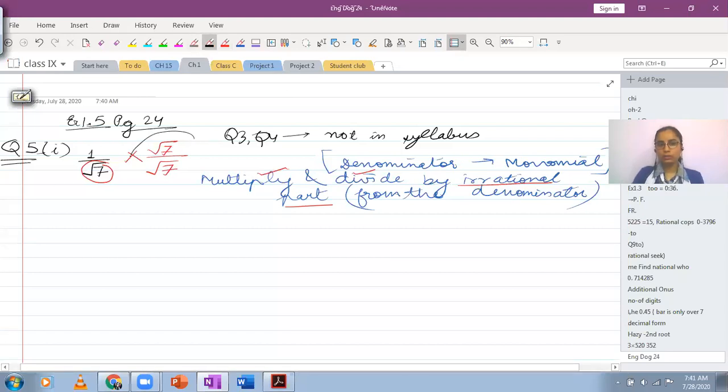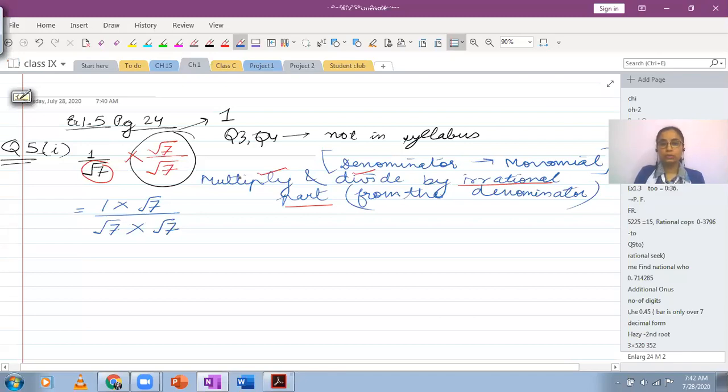Although if I look at this multiplication, this is 1. I'm not modifying my value or my expression. This looks like it has been modified, but it hasn't been actually. So what I'm going to do is use this multiplication of numerators, 1 multiplied by root 7. Now this part can be completely skipped. You can directly write the simplified answer. This is what I get. These two factors will get cancelled and you will get back to the original expression.